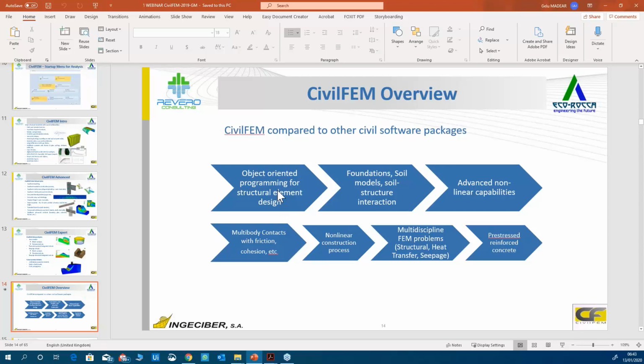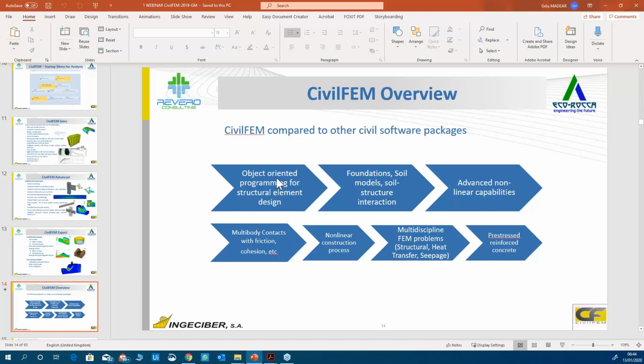In comparison with other software available on the market, CivilFEM has the following capabilities and characteristics. It is an object-oriented programming software for structural element design.